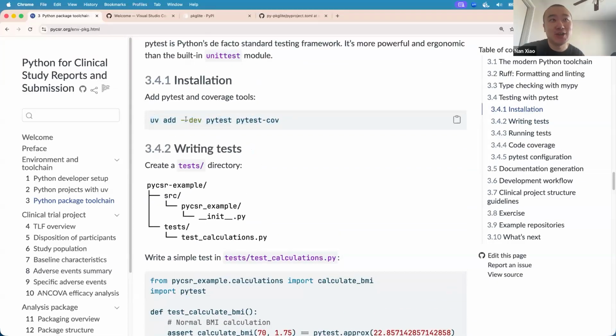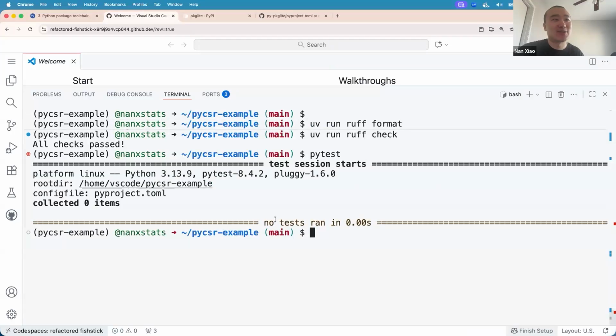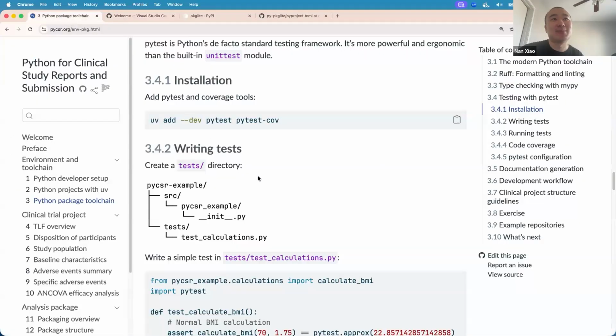But just know you can run PyTest very easily. I can run PyTest, and this will run through all the tests available and give you a very standard output that you can parse and have AI tools fix all those test issues for you, even if you don't want to fix them yourself. But do verify and keep a human in the loop to check if the fix from AI actually makes sense.